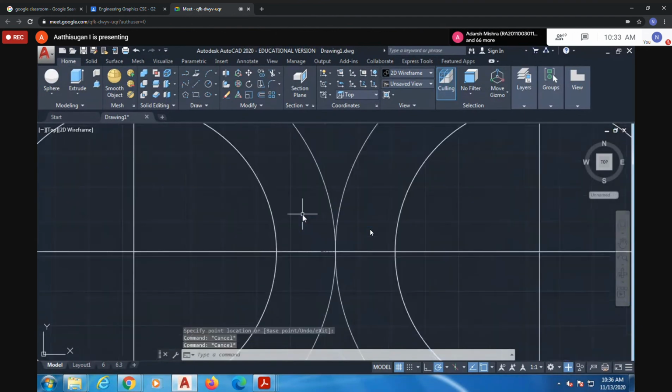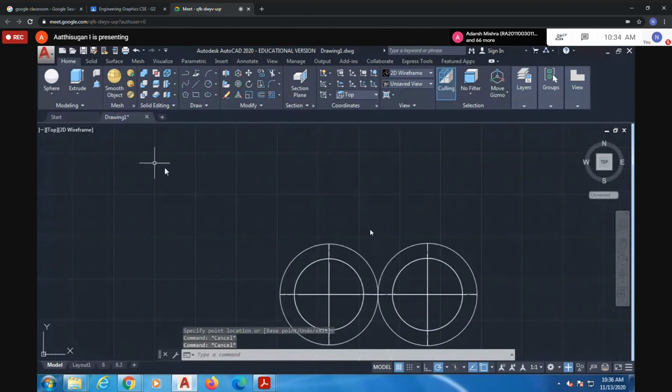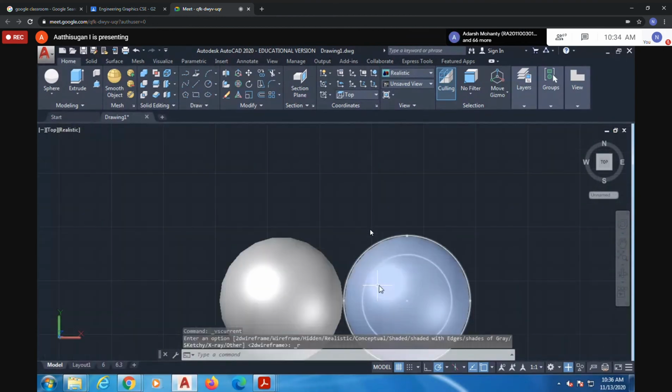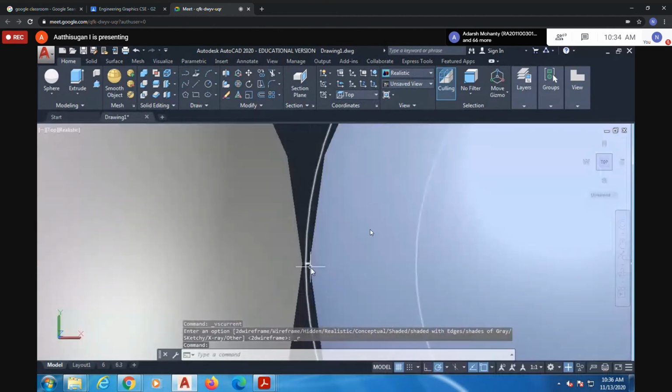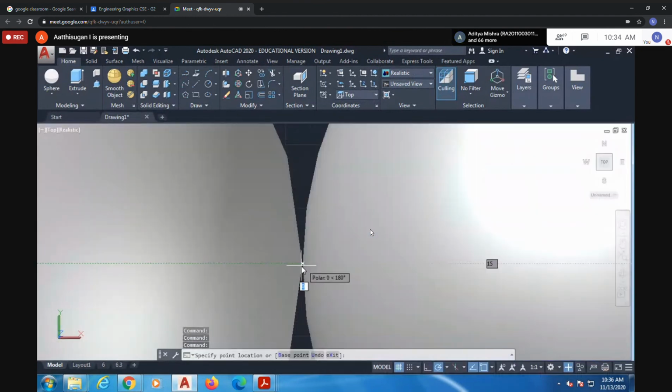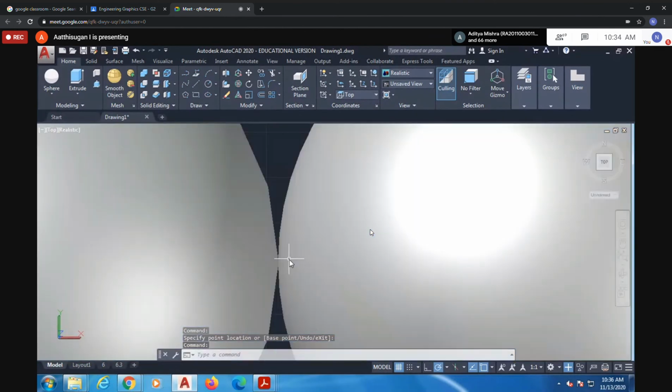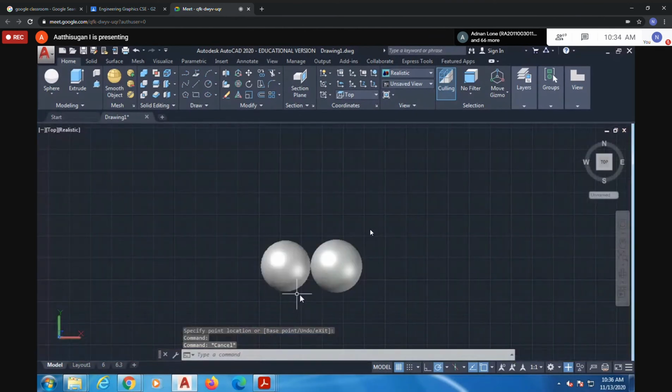Just move like this and join together. You may see there, they should be joined. If not joined, just move it again. Okay, so these two are joined together. This is the first question's answer.